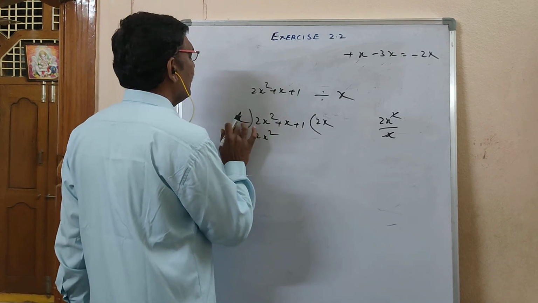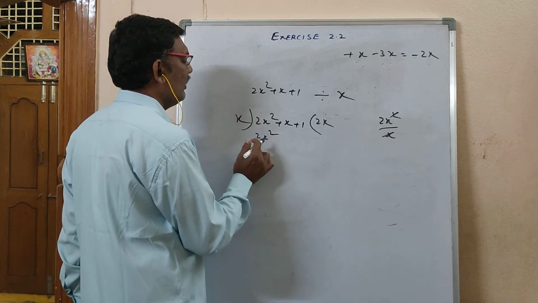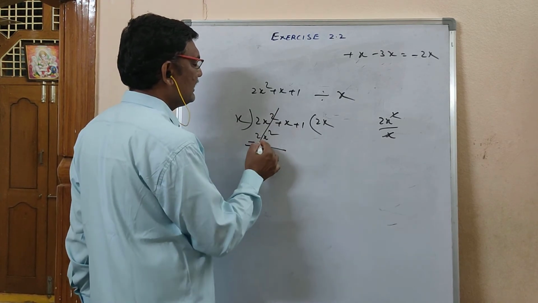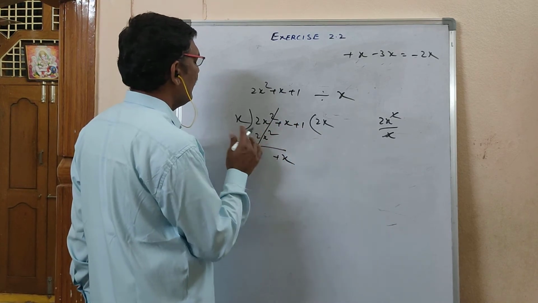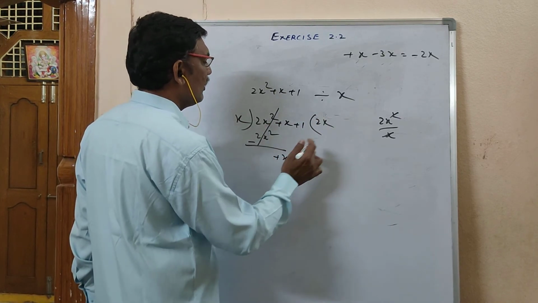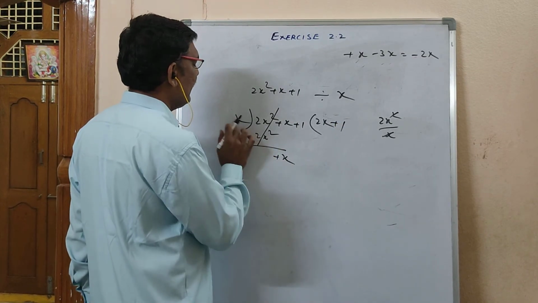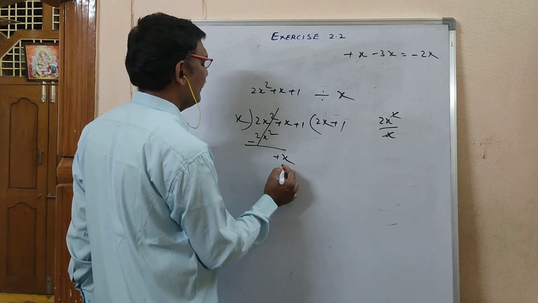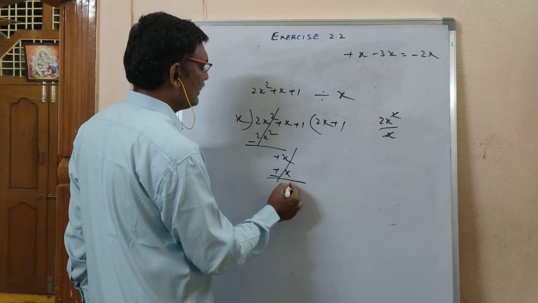2x square. Previously here 2 terms are there, here 2 came. Here only 1 term, 1 only will come. Subtraction cancelled. This plus x, here take this x down. X into how much is equal to 1 means 1. Otherwise, this term by this term. X by x is 1 only. 1 you have to write here. It is also x. Now if you do subtraction, symbols will be changed.